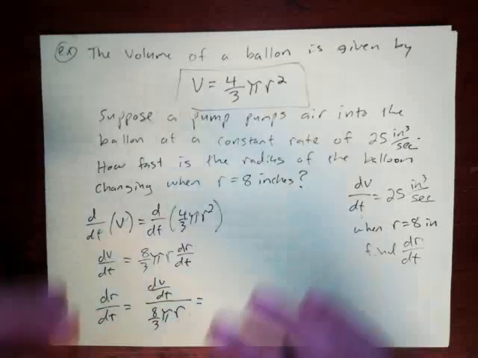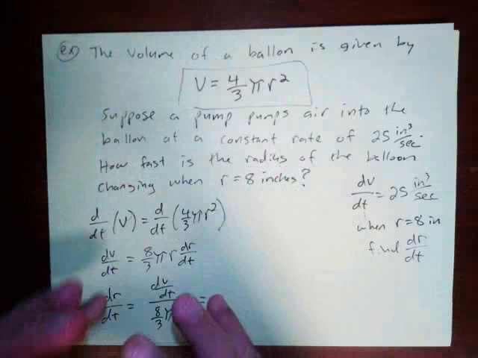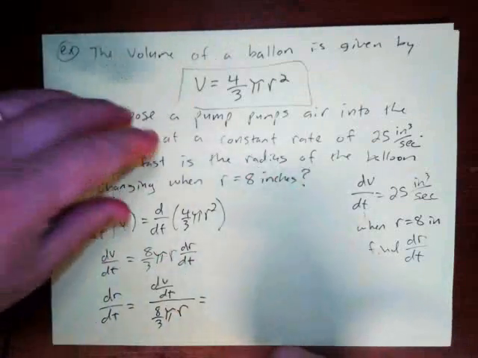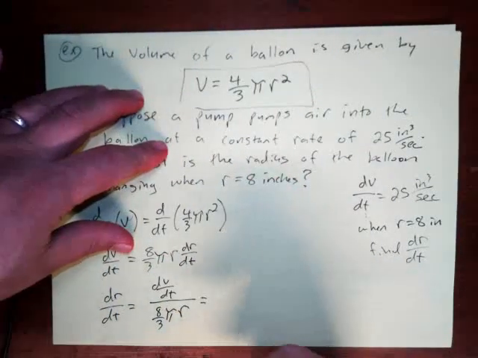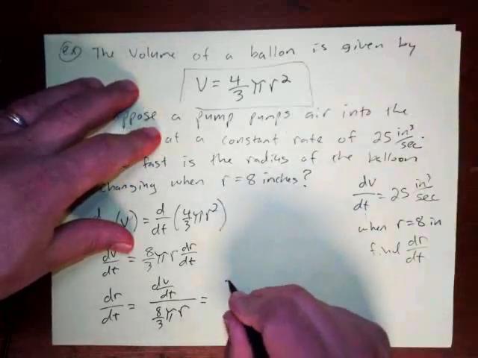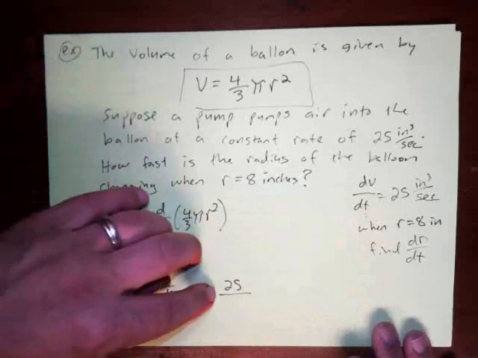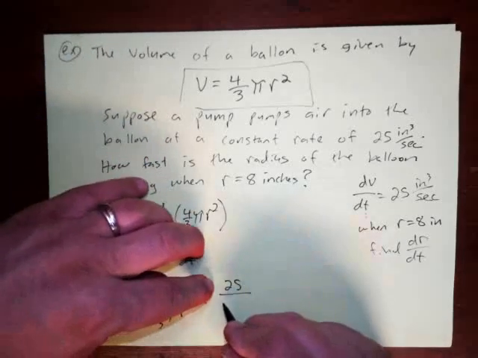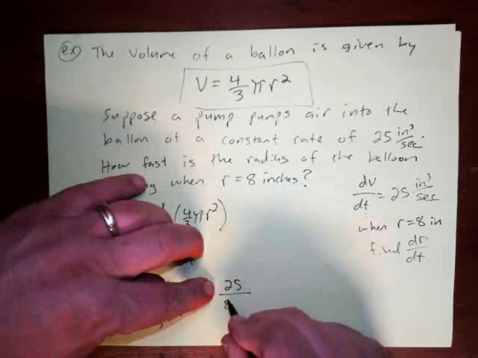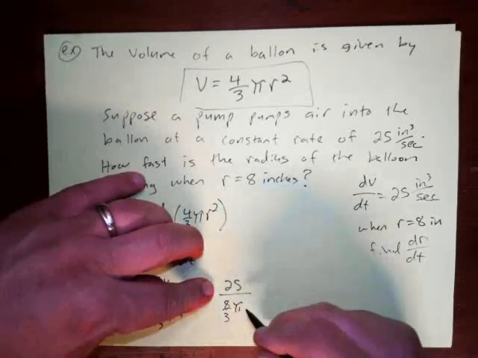Because these are related rates. This equation relates the r and the V. It also relates the rates of r, dr/dt and dV/dt. So plugging things in now, it's a constant of 25 inches cubed per second. And then I multiply or divide this by 8/3 pi,